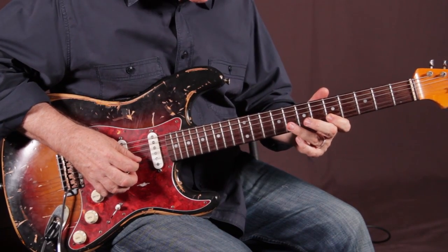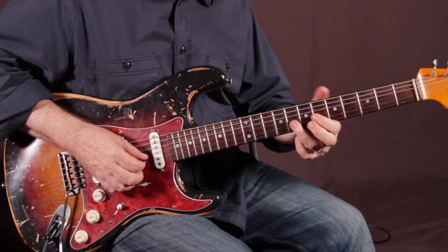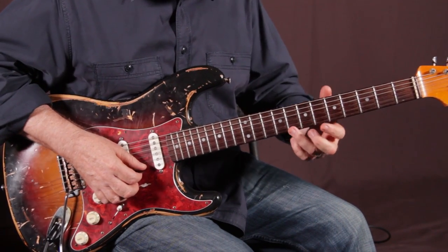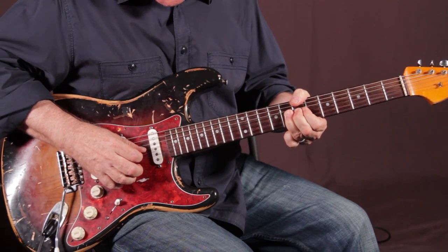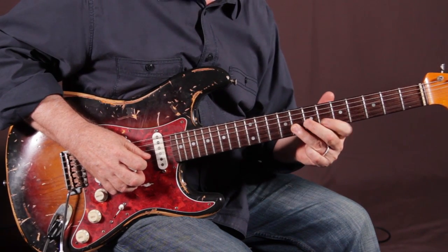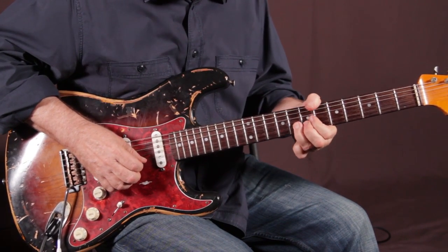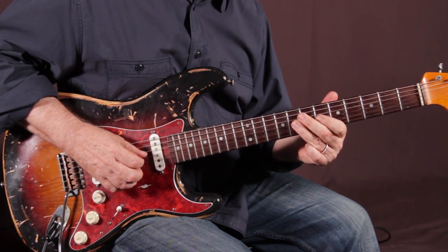Same action on the next string over. And this one's kind of cool because you're going from the flat 5 note, which is one of the bluesy kind of, sweet kind of bluesy notes. So we start again. Pull up, all 3 fingers pulling. Notice that the next string gets tucked under. Strike it. Let it fall on the B string, grab that note, and then start on the B string, pull up exactly the same, grab the next note, let it fall,